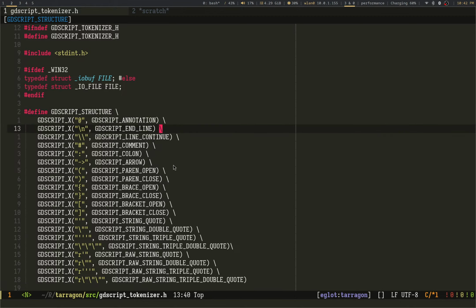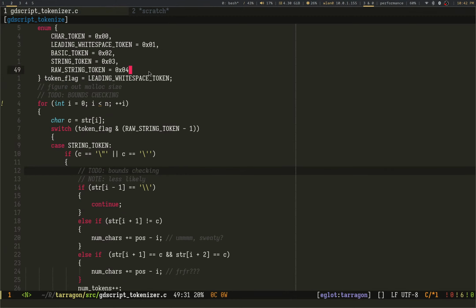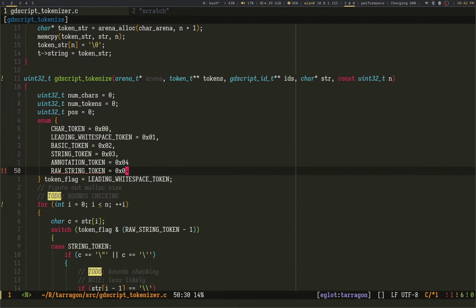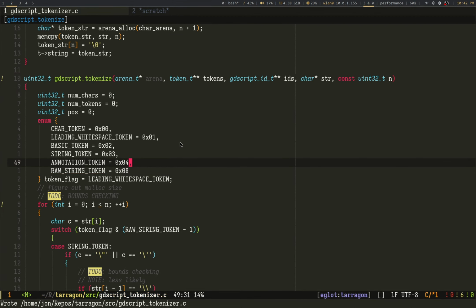I think there's a rule where annotation cannot be followed by a white space. So I'm gonna have to create a separate case for annotation. Token 004, and we'll crank that up to 8.